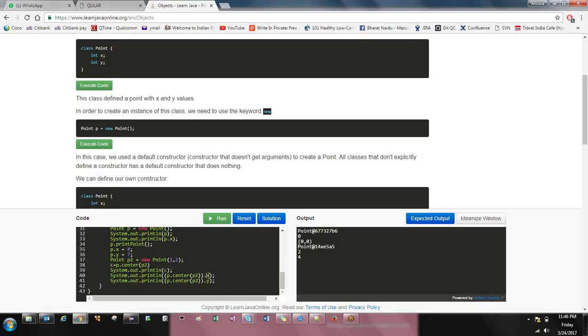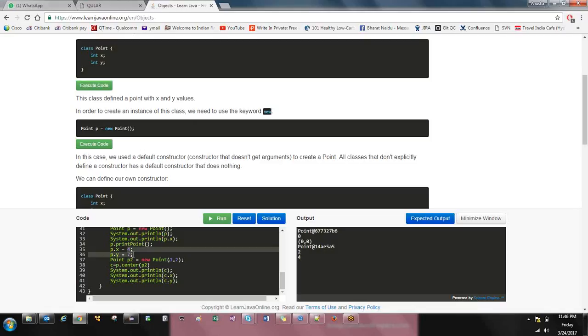Then if I try to print, this is nothing but C. This whole thing is C, right? So I can do C dot X. Because I'm using something repeatedly, I was printing C here, C here, C here. So instead of writing the entire thing multiple times, I can assign it to a small variable which decreases my effort. Okay, so I write C dot X, C dot Y, it will print 2 and 4 because I have